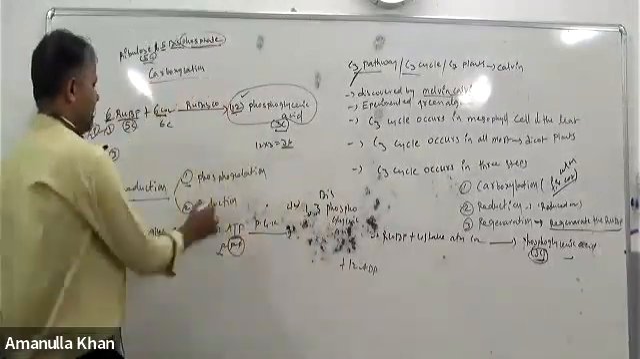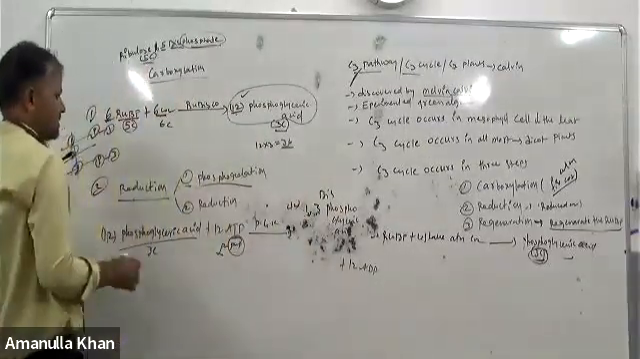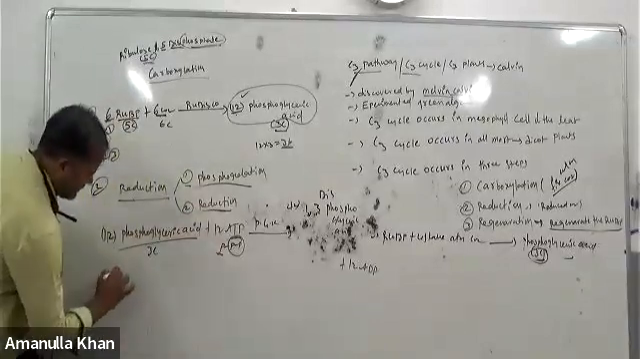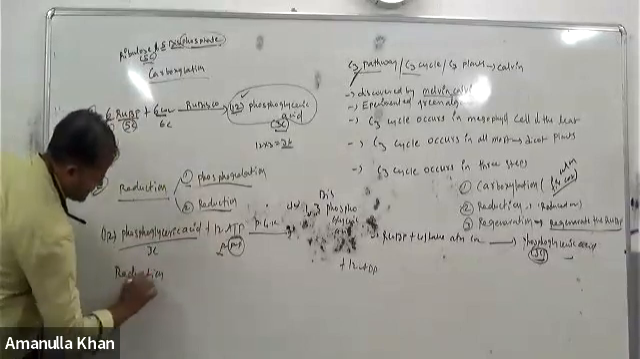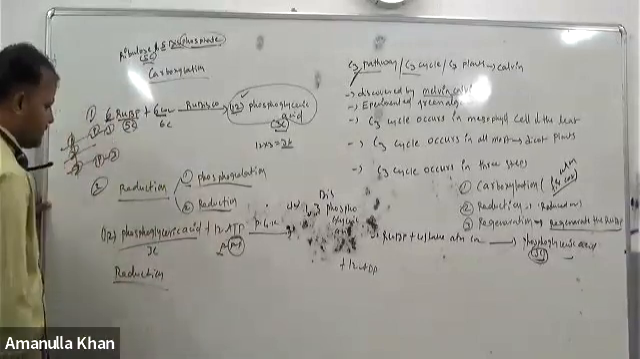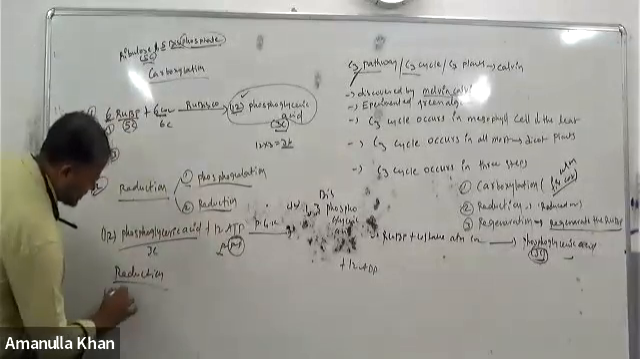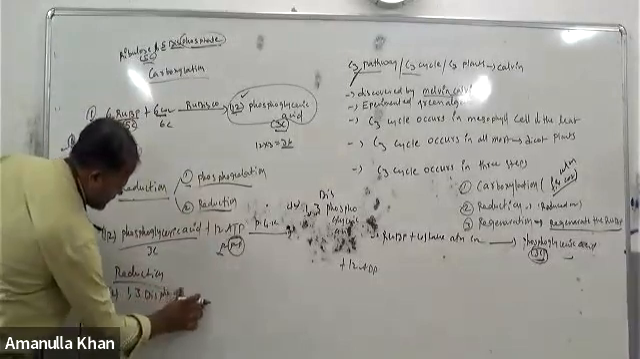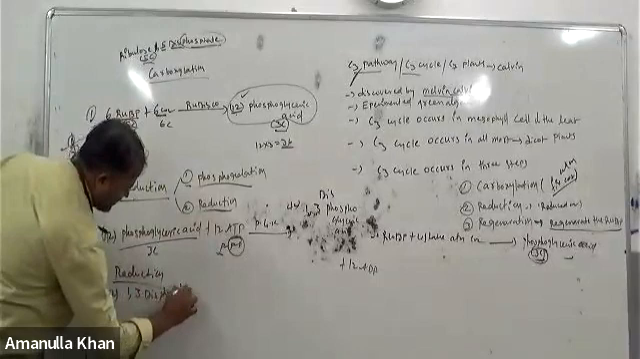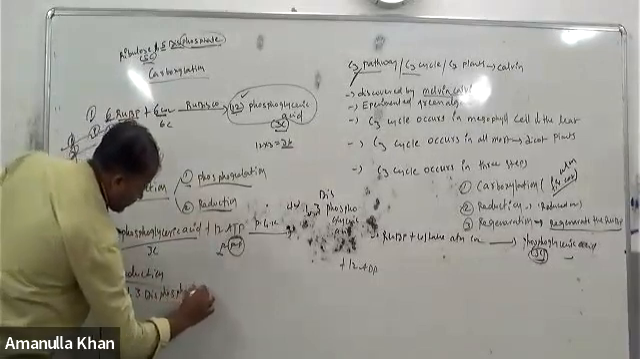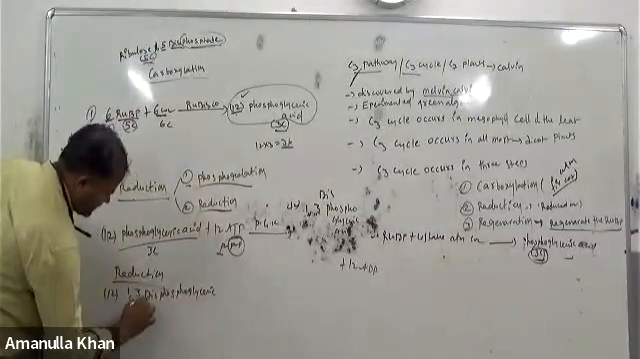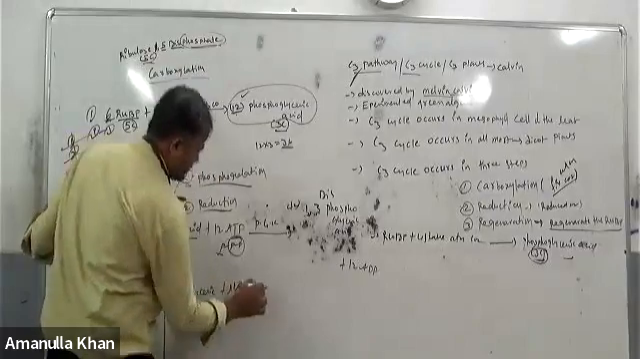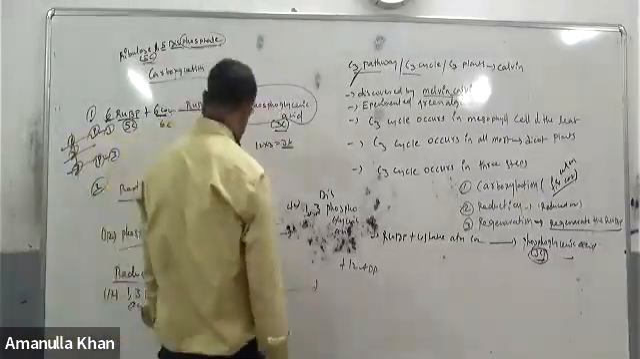This step is called what? Phosphorylation. Then reduction. The next step is reduction. 12 molecules of 1,3 bis phosphoglyceric acid in the presence of NADPH2 is converted into